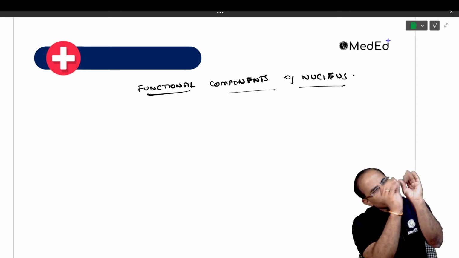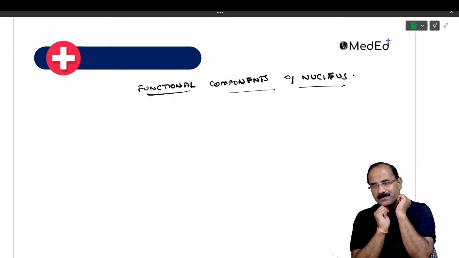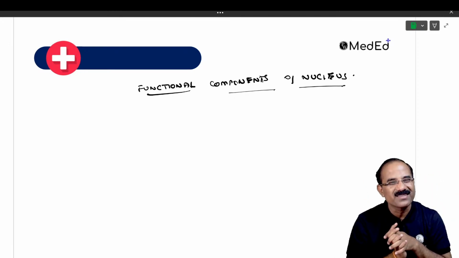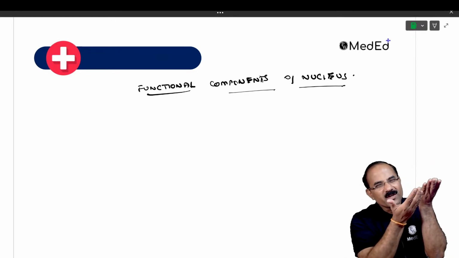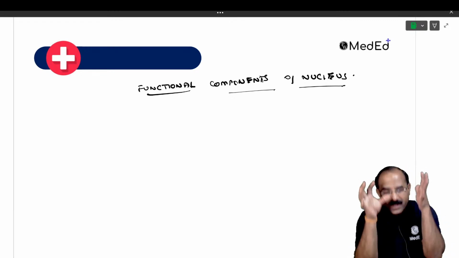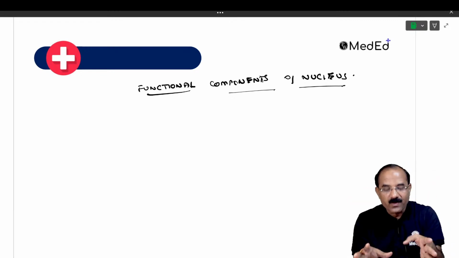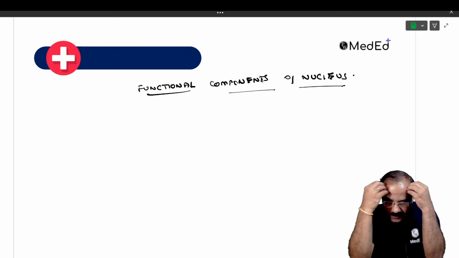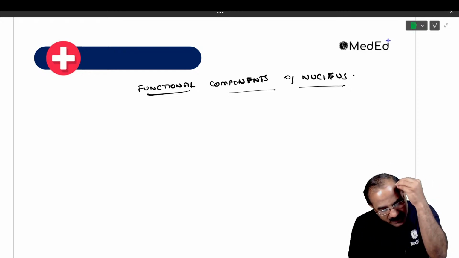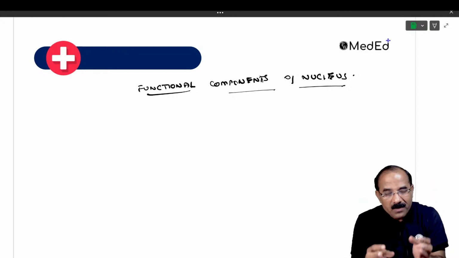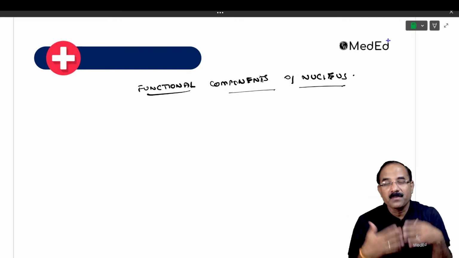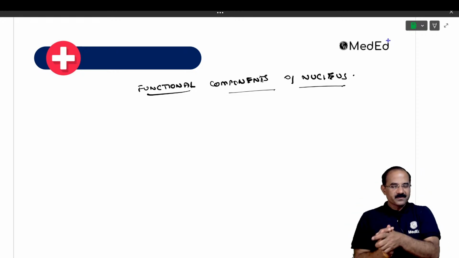Now there is a cranial nerve XYZ, and this cranial nerve has to supply the muscles of the pharyngeal arches. Now children, this nerve cannot just go and supply. This nerve should have a component in its nucleus. If the nerve has this component, only then will the nerve supply the muscles of the pharyngeal arches.